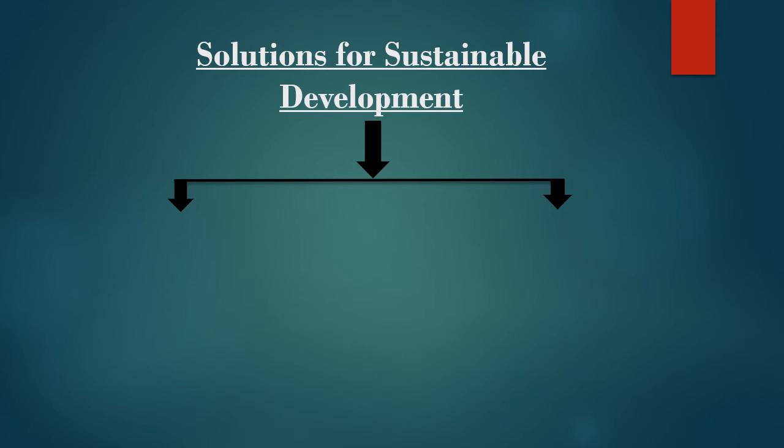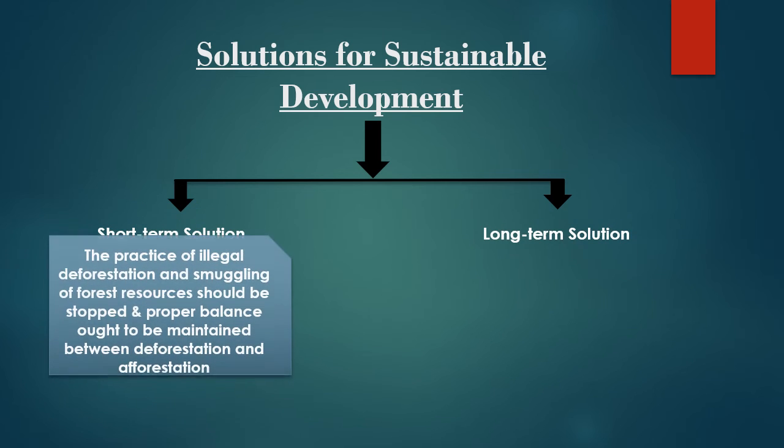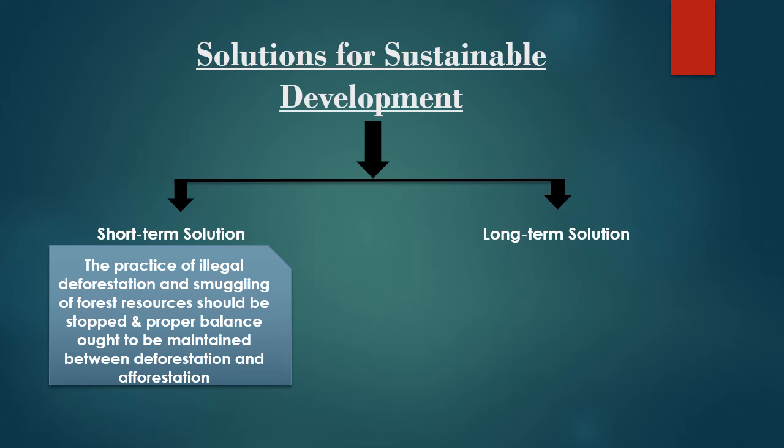So our next topic is solutions for sustainable development. If we talk about the solution, then there are two types of solution. One is short term solution and another one is long term solution. Short term solution means the practice of illegal deforestation and smuggling of forest resources should be stopped, and proper balance ought to be maintained between deforestation and afforestation. So this action is under the short term solution,